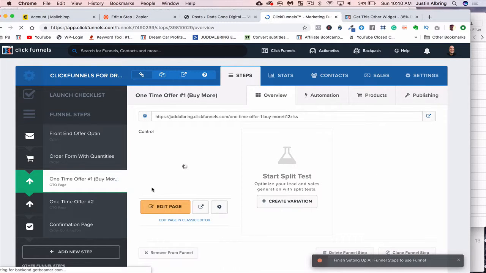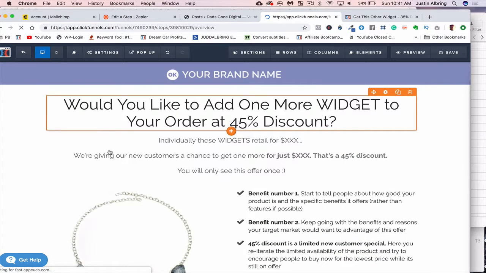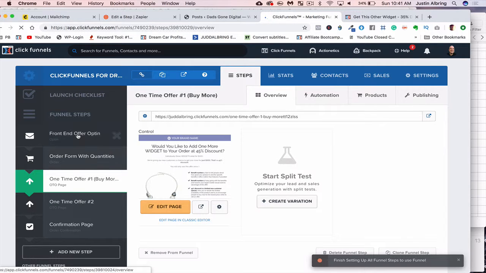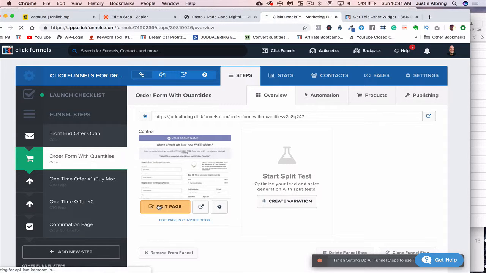So the way that this would work is I would go into, let me take a step back. Let me show you this from the beginning, guys. So here is the front end. This is where they opt in, and then they come to the order form, okay? So in the order form, they're going to put in all their information,